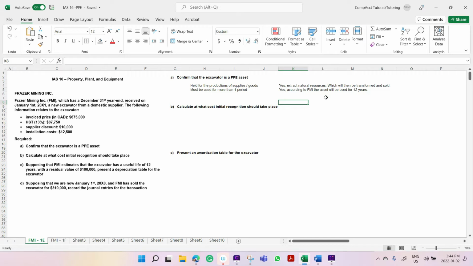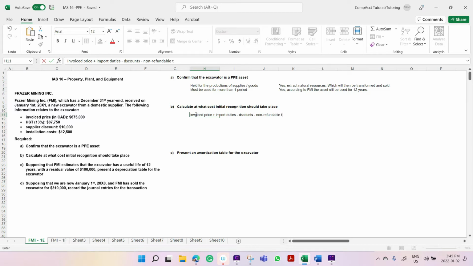Then now in part B, we're being asked to calculate at what cost initial recognition should take place. So what's our definition here? For the initial recognition, again, for me there's a pretty simple formula. It is the invoice price plus import duties less discount less